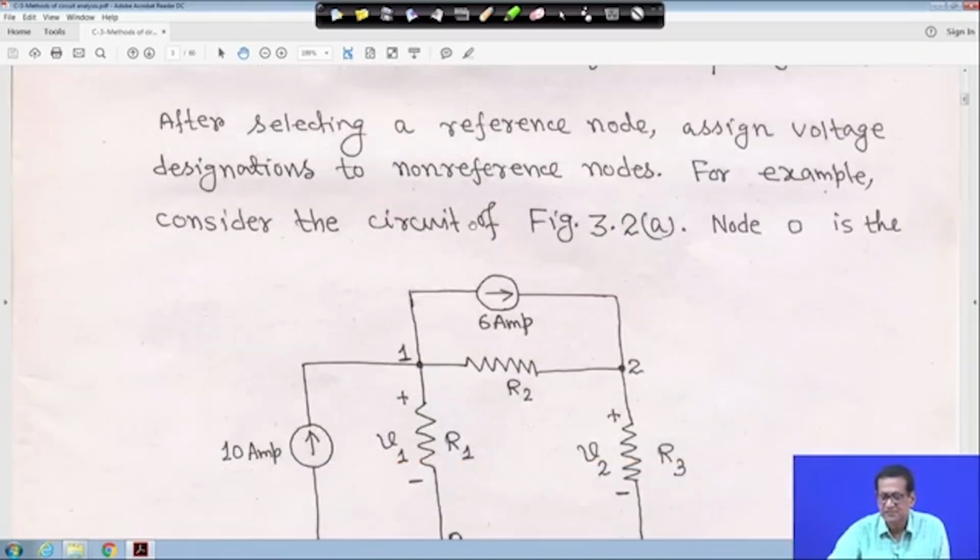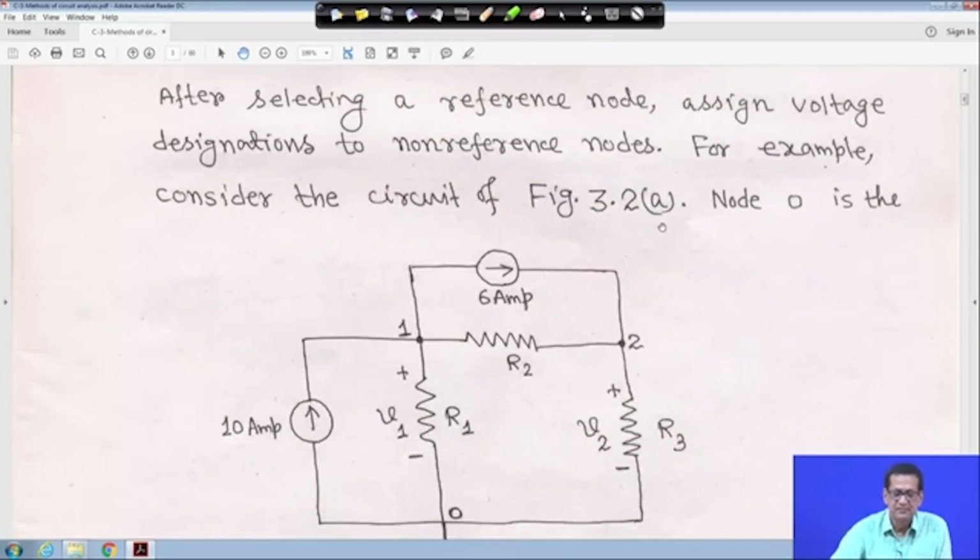After selecting a reference node, assign voltage designations to the non-reference nodes. For example,